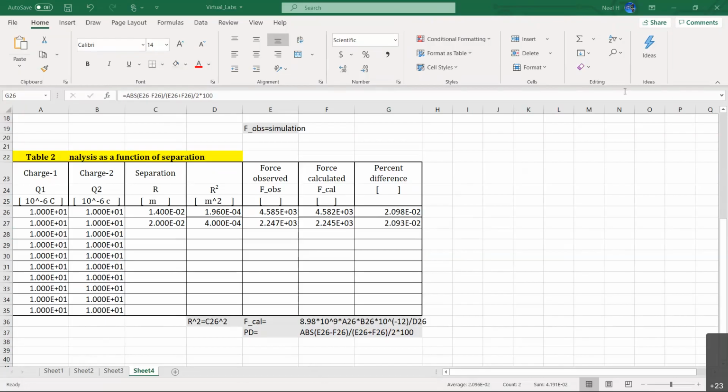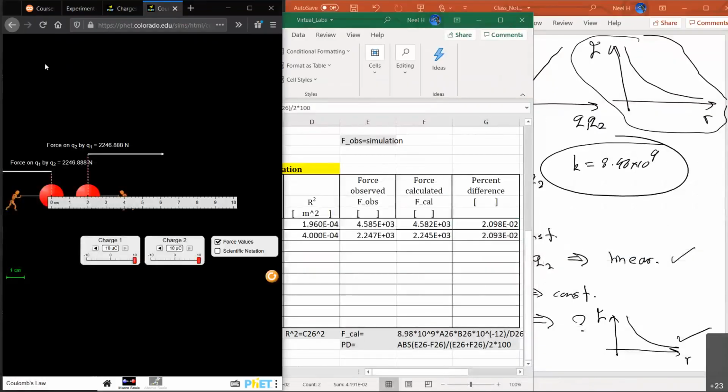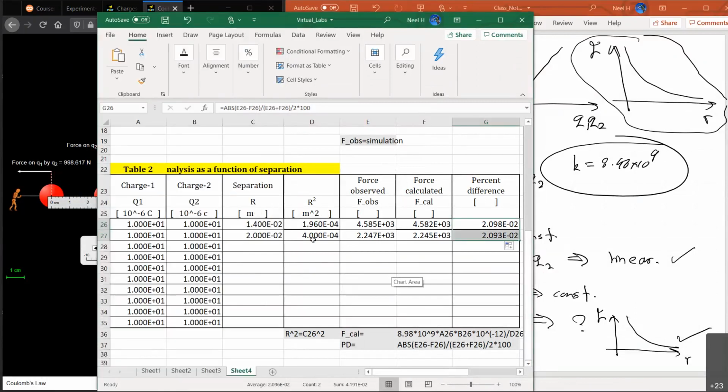Okay. All right, then we'll extract the force values. All we need is to click and drag object number 2 to the 3 centimeter location. Midpoint should be at 3 centimeters: 998.61. Let's first complete the observed values, then we'll do the calculation later. 998.61. And this is 3 centimeter, which means 0.03 in meters. Okay. Then let's do 4 centimeter.